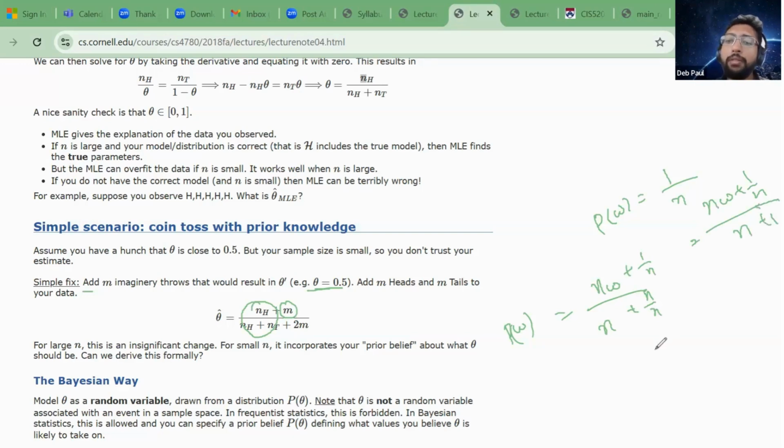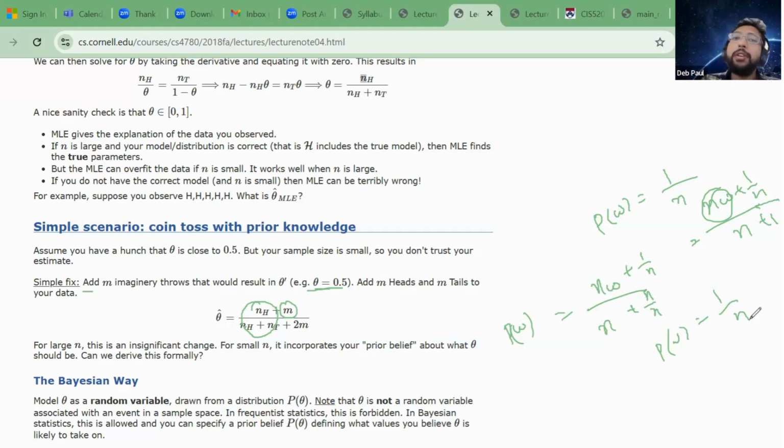So what happens is that if this is 0, then the probability of w is 1 by n. It means you are saying that, okay, it is not that unlikely. It is just 1 by the number of words, and this is a very good assumption. We will see that whatever we are doing has a very, very close relation to what we do in actual modeling. So this has a very close theoretical backing. But before going into that,